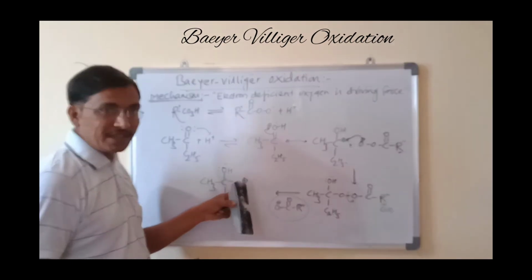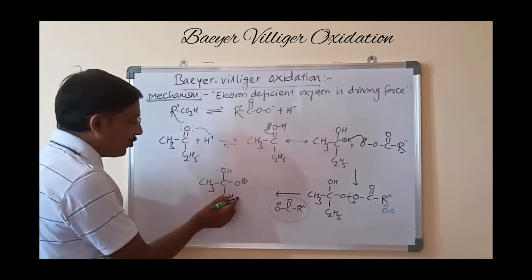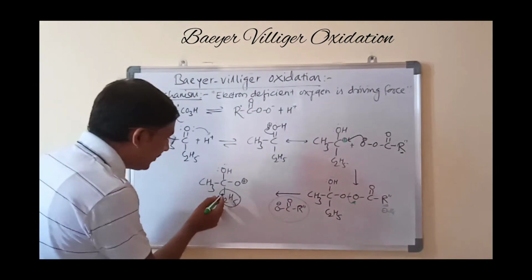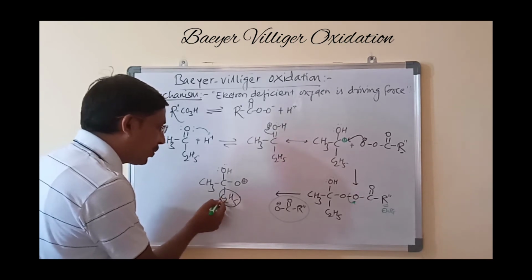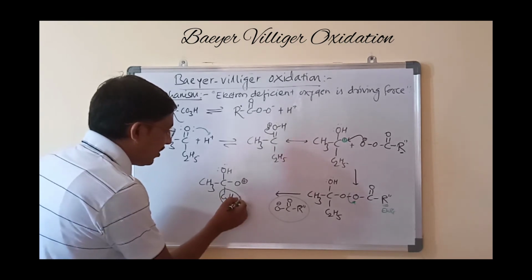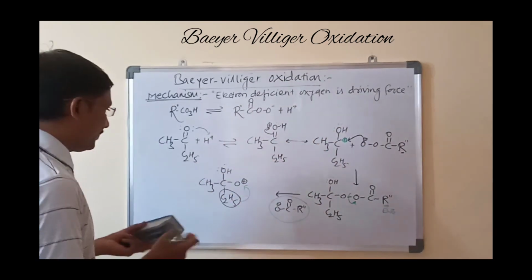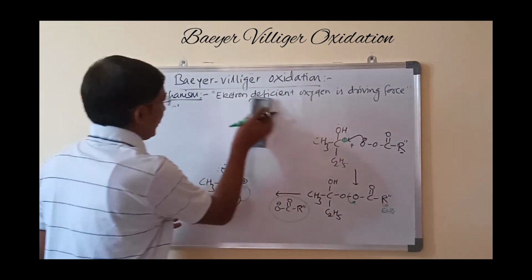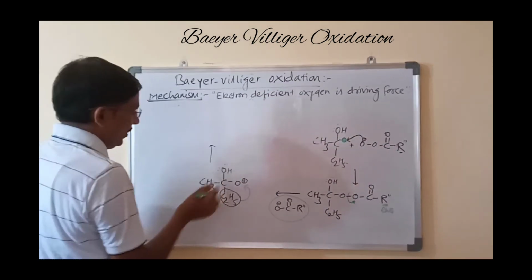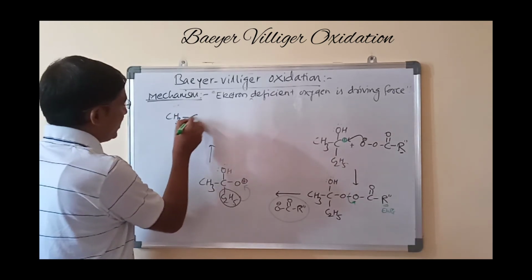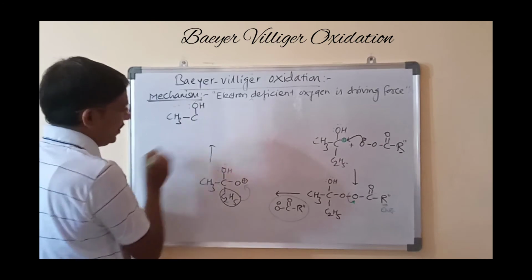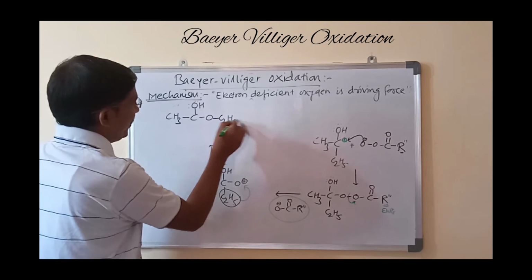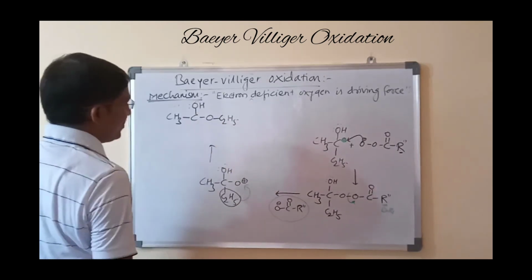Now there will be competition of shifting of an alkyl group toward the electron deficient oxygen, but it needs the more electron donating group. Since it is electron deficient, in such a case the more electron donating group is ethyl as compared to methyl. That's why the ethyl group will be shifted along with the bond pair of electrons onto this oxygen. Then further we will get here CH3 C OH, and this is O C2H5. Again that carbon becomes electron deficient.